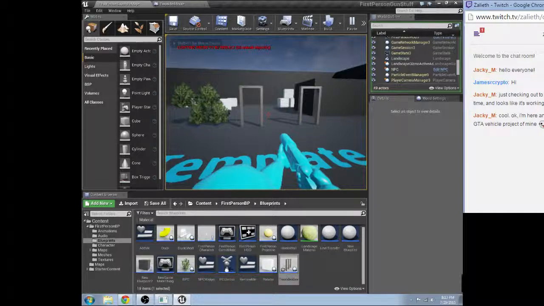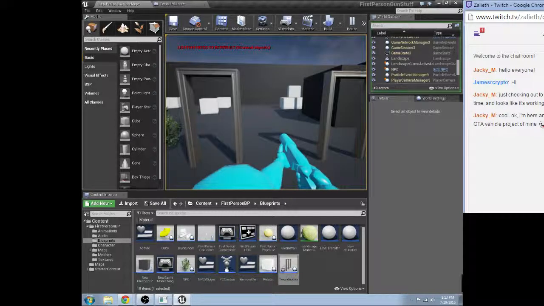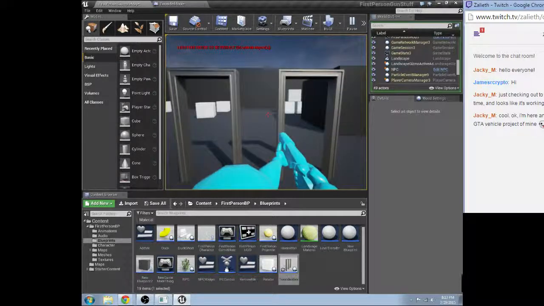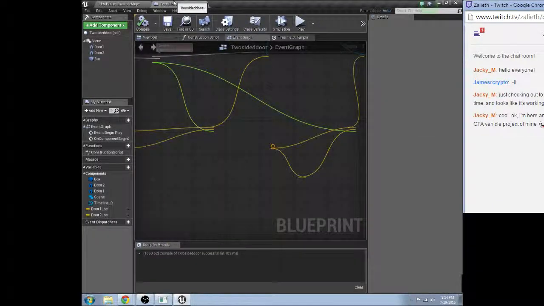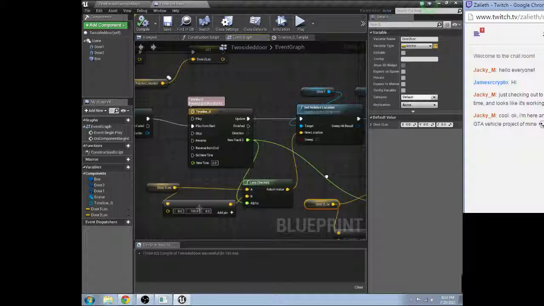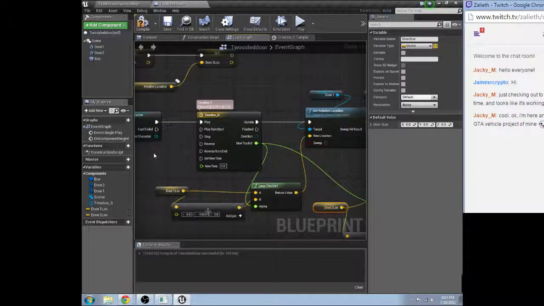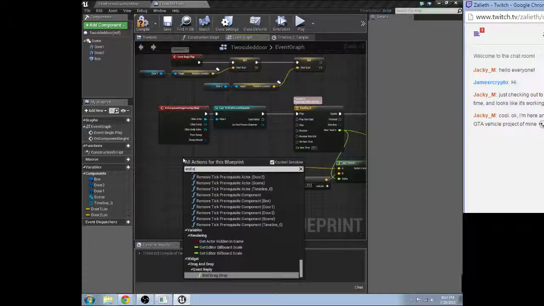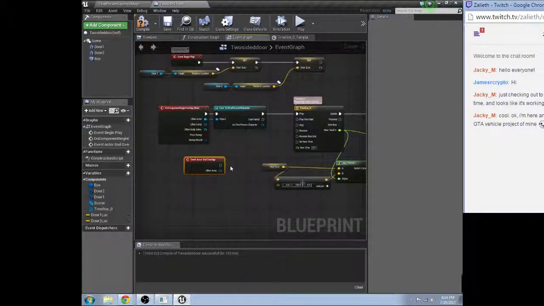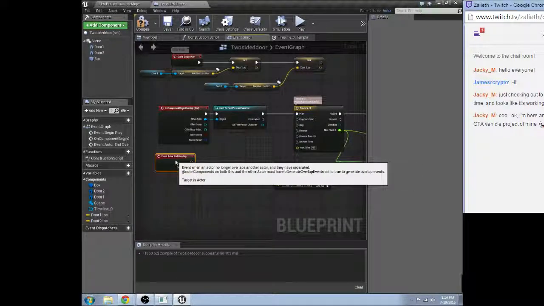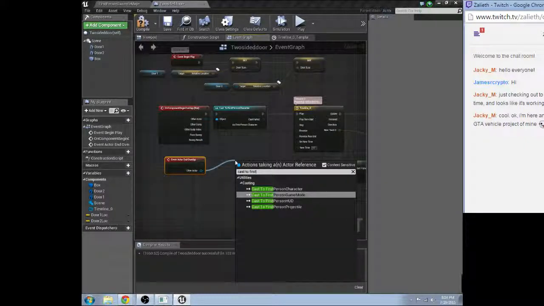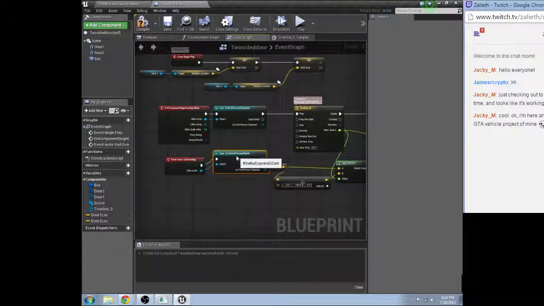Now, thing is every time we go in here, it's going to play from start. Actually, I'm going to change that to just play. And the reason is, and overlap. Cast to first person. Now the reason we do another cast is because if we didn't, then what would happen